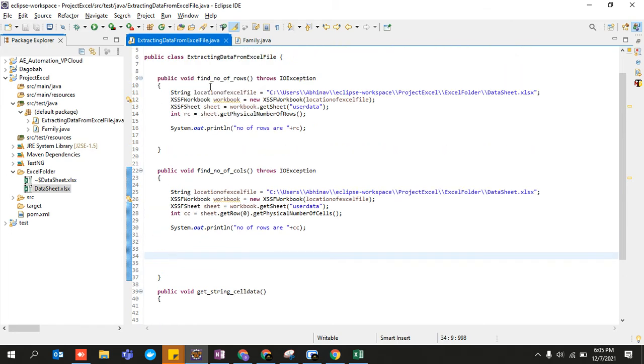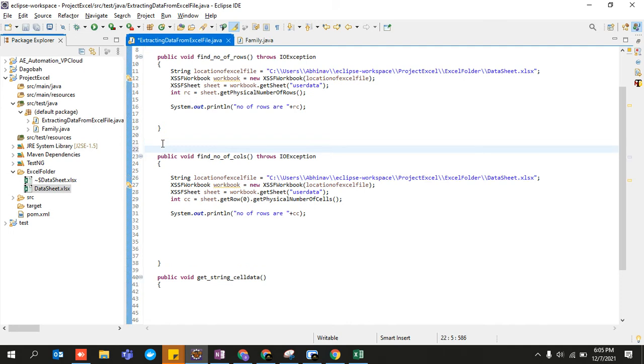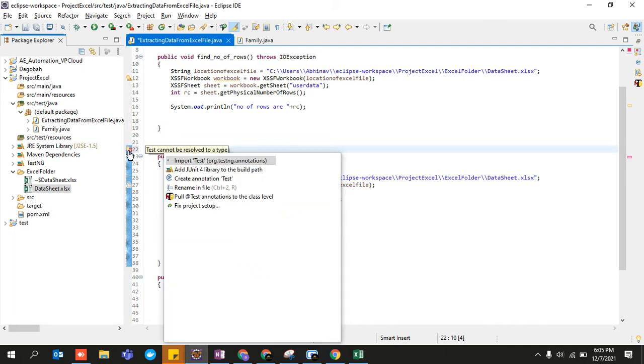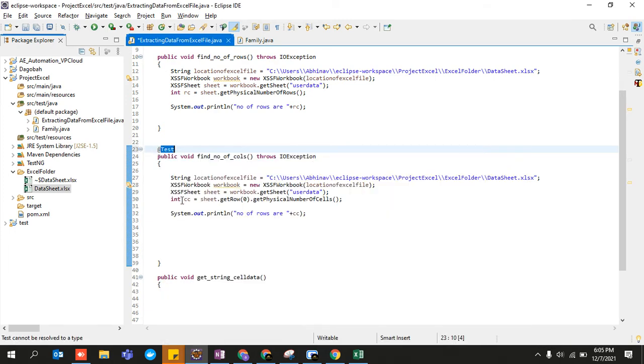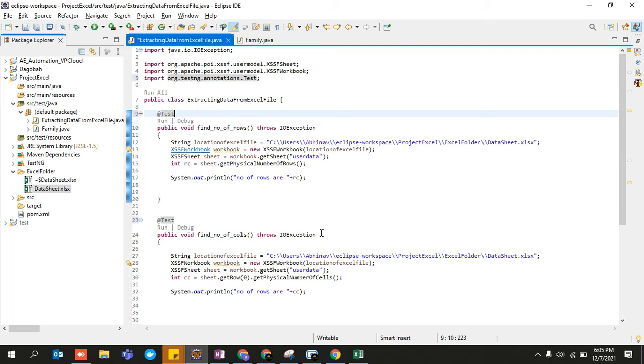And once you have found the number of rows and number of columns, okay, first I'll show you guys, because there are people who tend to think that whether it is working or not, what is he doing. So I'm making use of the @Test annotation, and I'll just run it, and then you guys would be seeing that it would be returning me something.